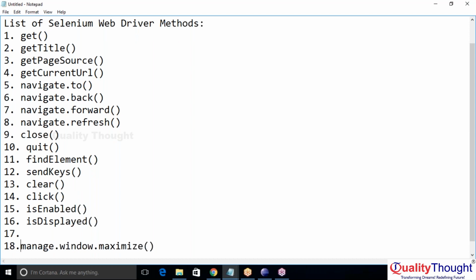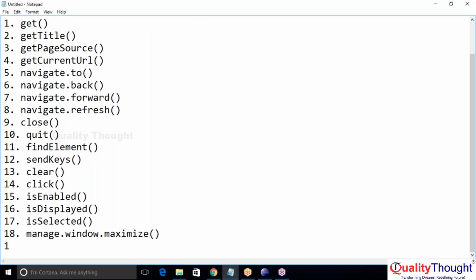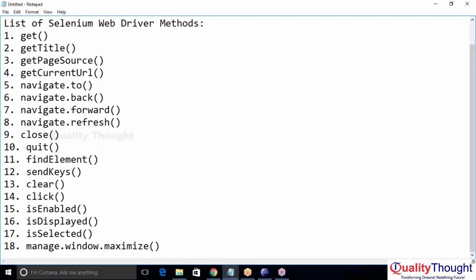This is 18th, is selected. 19th one is get title, get method, send keys, is displayed, is enabled, get page source, quit. Okay, so these are the important list of Selenium WebDriver methods where we are going to use these methods